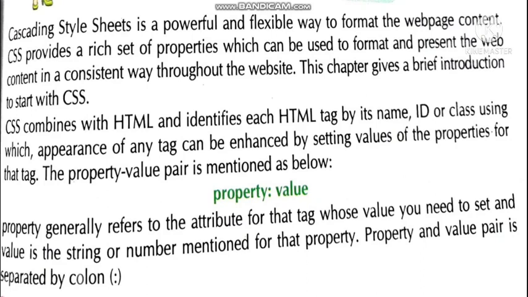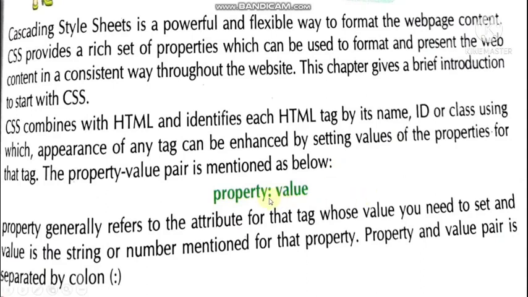Here you need to understand how the properties which you want to set for a particular tag have to be given. Always remember, the property and value should be written in this way. First the name of the property. Let me give you the example. If you want to change the color of a particular text which is getting displayed, then the property will be color.